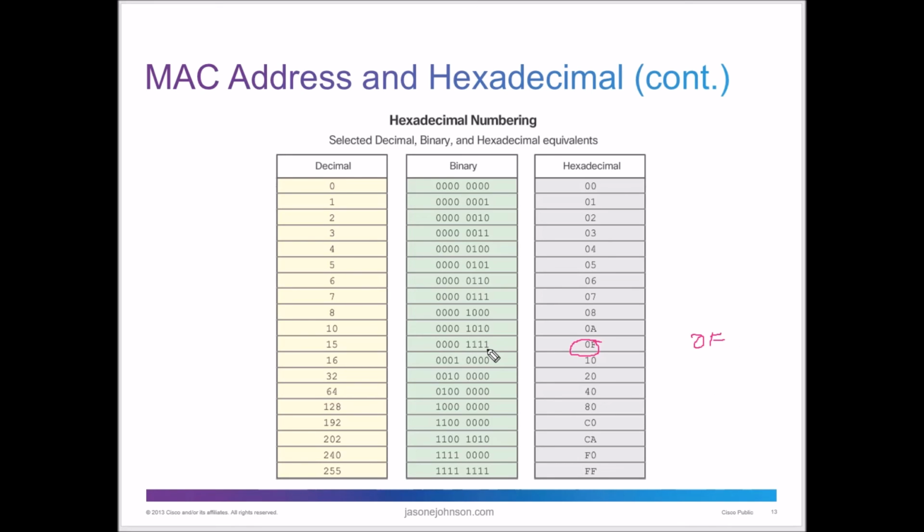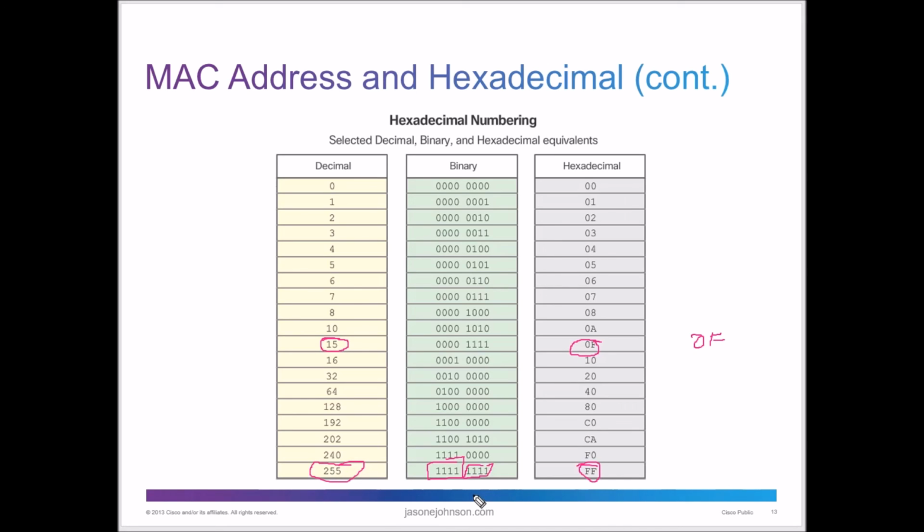if we convert that to binary, that's 1111, which we know is 15. 8 plus 4 plus 2 plus 1 is 15. And then over here on the decimal side, we know it's 15. But if we take FF, FF is not 15 plus 15, it's not 30. So what we do is we calculate the first F, the first block, which is 1111, which is 15. And then the second block, which is 1111, is 15. And then that's actually 255.